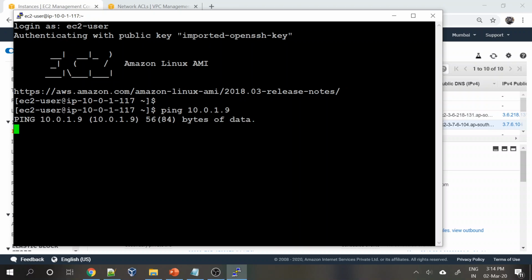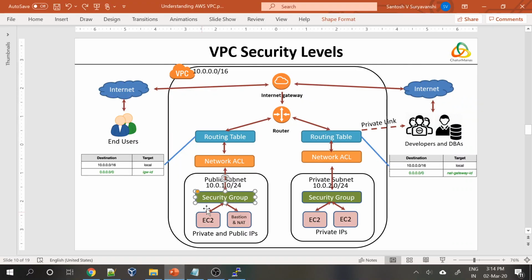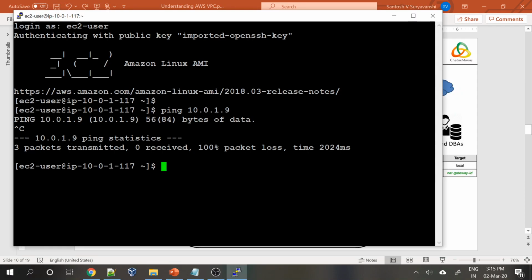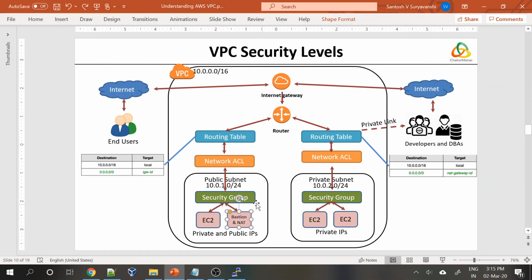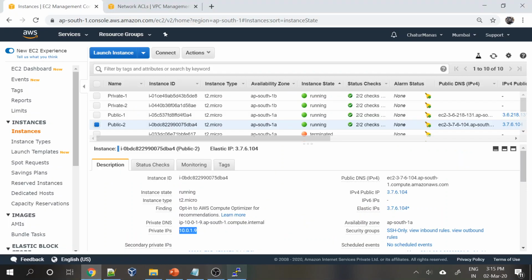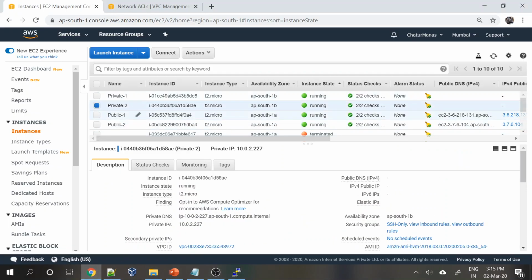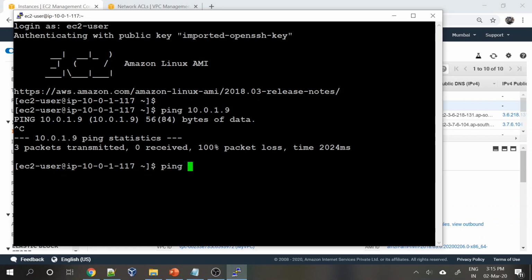No, we are not able to ping, and if you look at this, we tried pinging from this EC2 to this EC2. We were unsuccessful because only SSH is opened on this security group, right? And let's see if we can ping a private server. So I'll just take this IP address and I will try to ping,